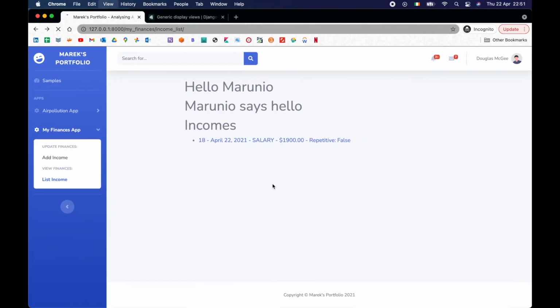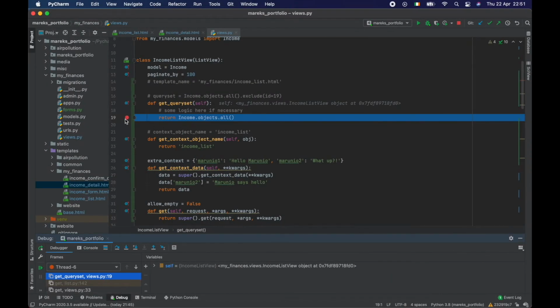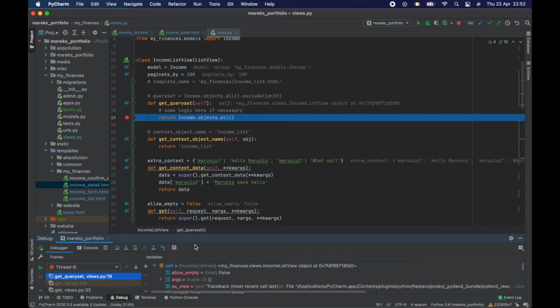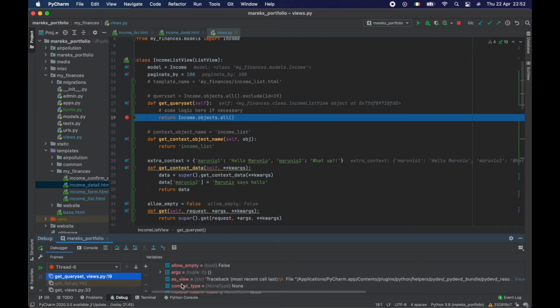Okay, and let's go back to our list, and 19 is back. So that's how it works. Again, as I said, we will use this. If it's simple, just, hey, grab the query set by this, then you can use just the attribute, but sometimes you need to get some information from the request, for example. If you want to check what's in the request or what's available to you, you can check in here. And maybe you want to process some of the stuff that we have available, maybe something from context, maybe something from some other fields, maybe something from cookies, and depending on whatever logic you put in here, then you return something, right? But if it's simple as this, or for now, it's actually just like we're using all,